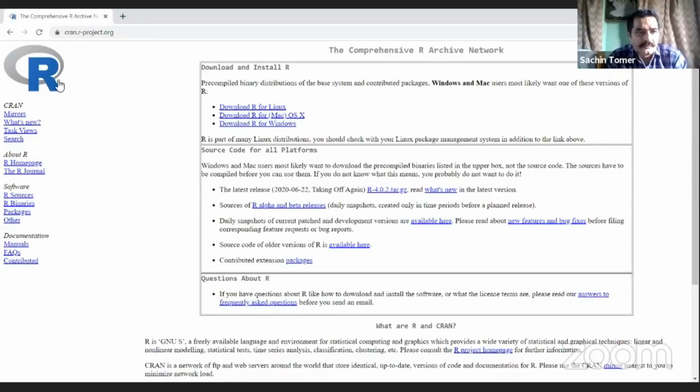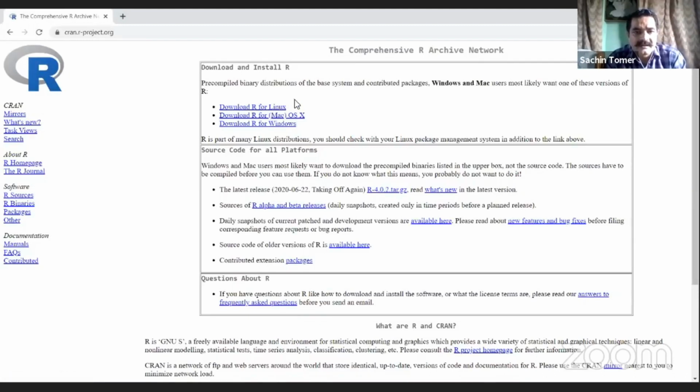The official logo of R is there at the top left, and you can see there are three options through which you can download the R software. First is if you are running a Linux platform, download R for Linux.